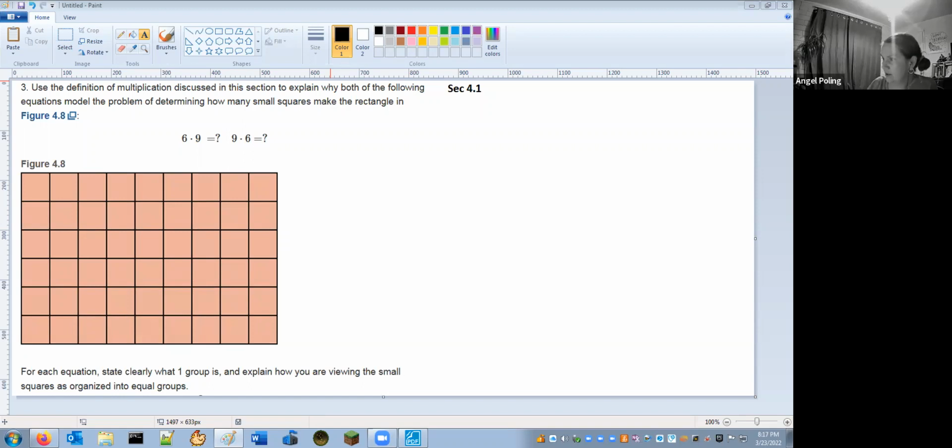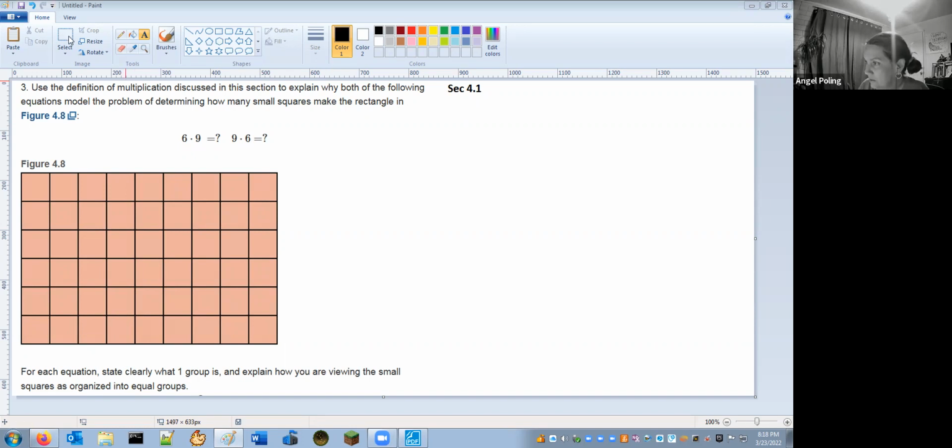Use the definition of multiplication discussed in this section to explain why both of the following equations model the problem of determining how many squares make the rectangle in this figure 4.8. For each equation, state clearly what one group is and explain how you are viewing the small squares as organized into equal groups. Okay,